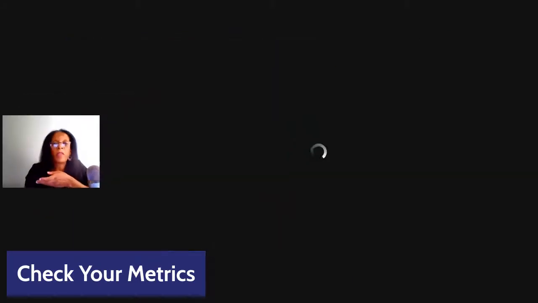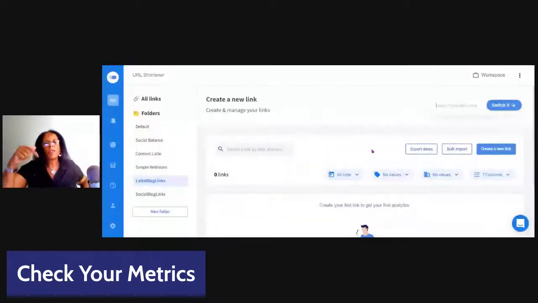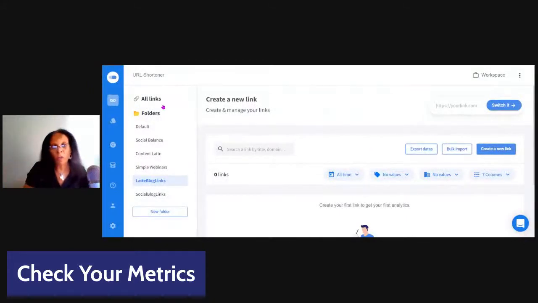Then just because I take advantage of this opportunity for you guys. So again, in Switchy, what you will find is that you can manage and create folders. So that's a great idea. You can maybe even create folders for each of your lead magnets and then create all of the links and have them embedded and created here.